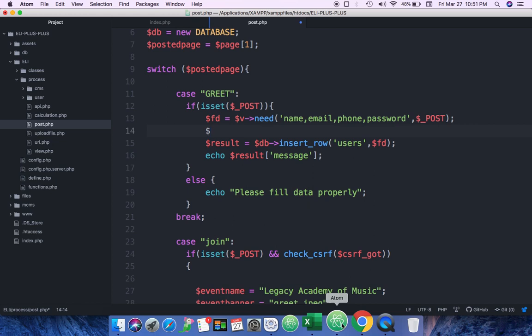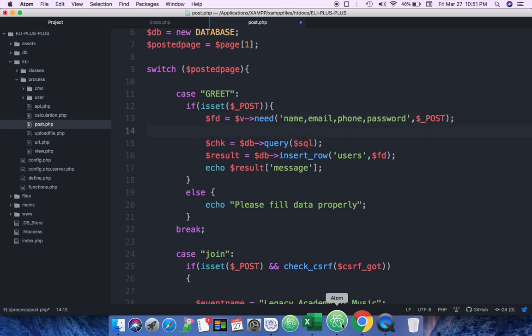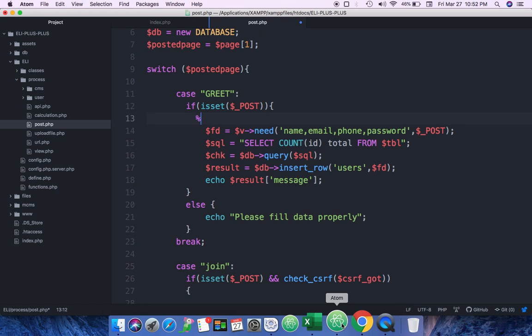Suppose, to check that this data has been already there or not, so what I'll do is like db query. I'll make it here SQL, and here I'll write this MySQL query. So I write here select count id as total from users. I'll make it as a tbl, and right here